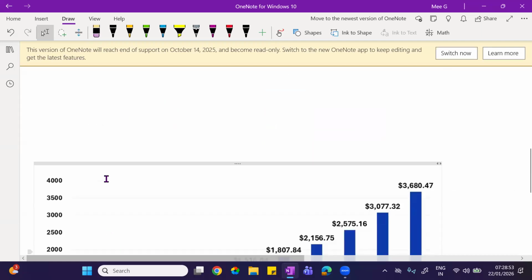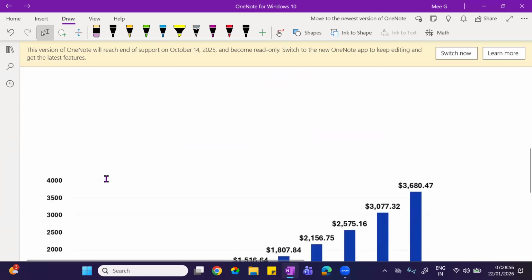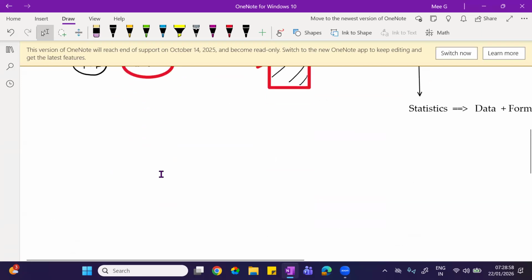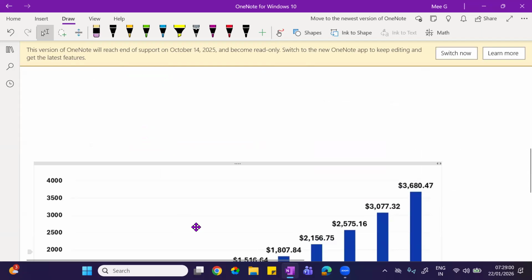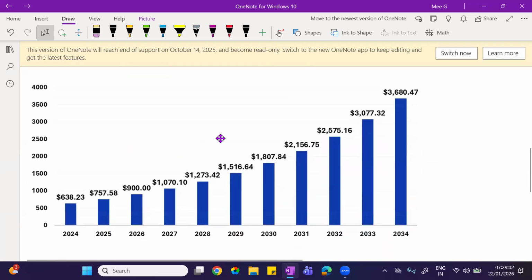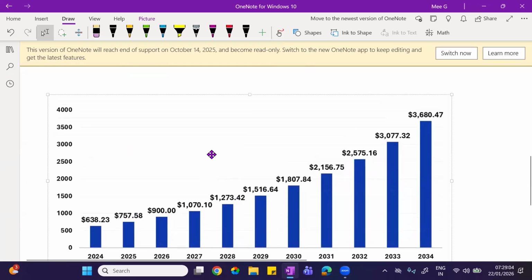Now, if we talk about the global growth of AI, you can see there is huge growth in the field.